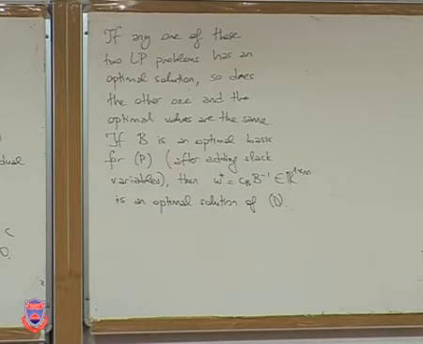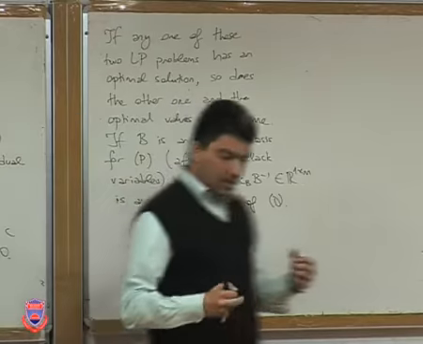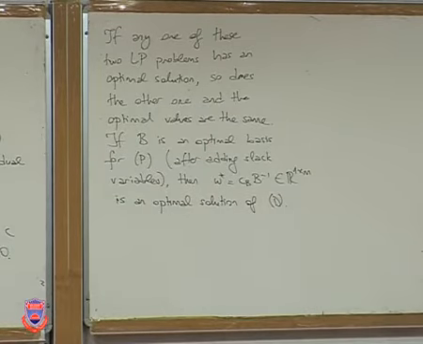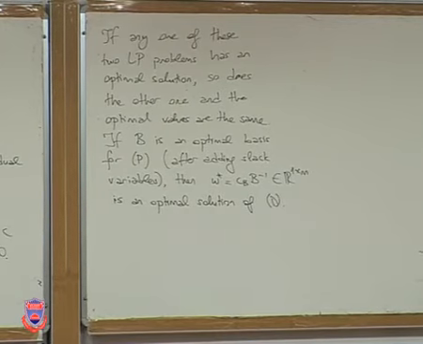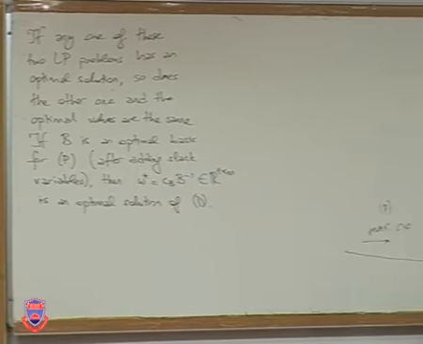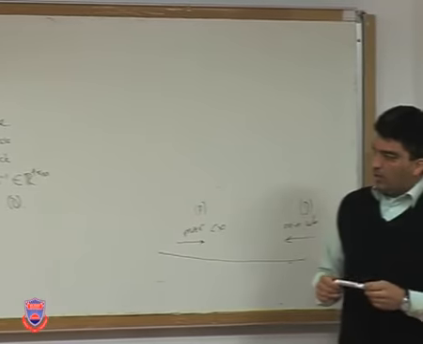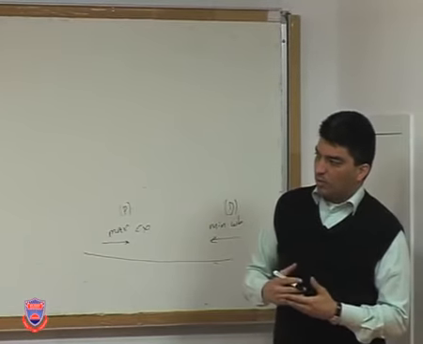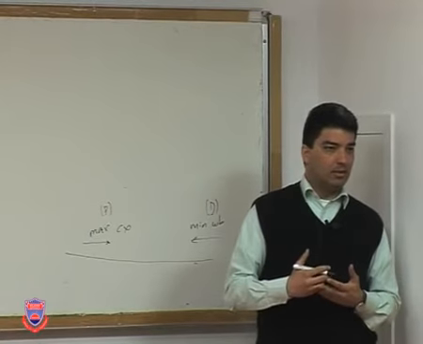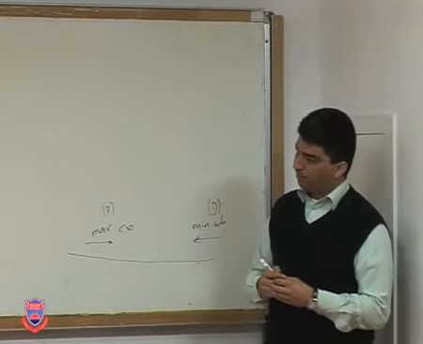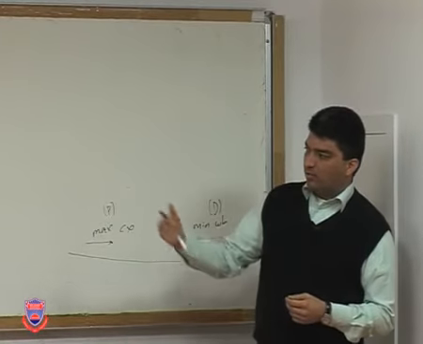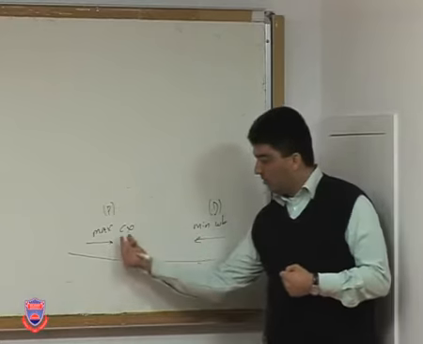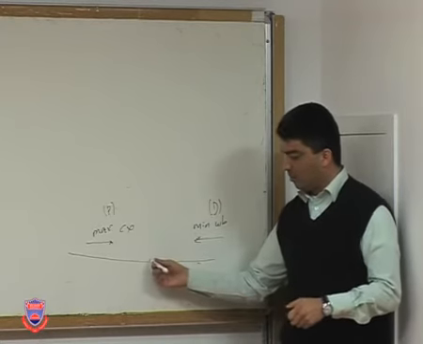So this is a really important result. It tells you a number of things. First of all, whenever you have a primal dual pair of LP problems, if at least one of them has an optimal solution, then so does the other one. That's the first implication. Which means, for example, that if the primal problem has an optimal solution, then the dual problem cannot be infeasible. It has to have an optimal solution as well. Secondly, if I look at the corresponding optimal values, they're precisely the same. So this value and this value meet at some common point.